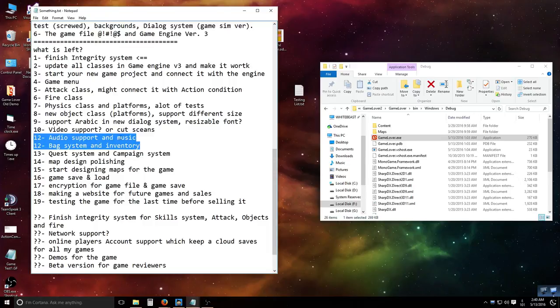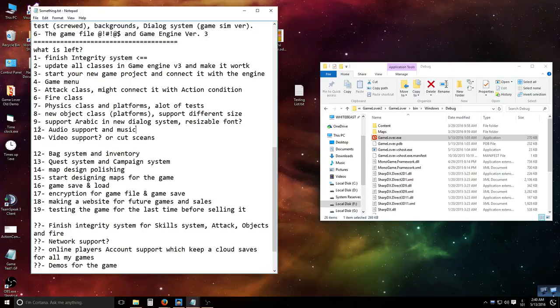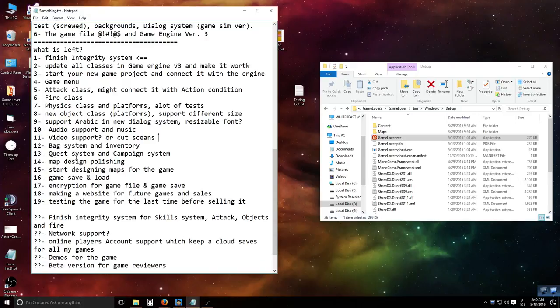Then I need to, maybe this one is before this one actually. So I can take it out. Before I think about videos, I should take care of the audio and the music. Then I will worry about the bag system and inventory system. And this is going to be part of the game. I don't think I will include it in the engine, because RTS games don't need inventory, for example. Maybe there's a way to make RTS have an inventory system, but anyway,